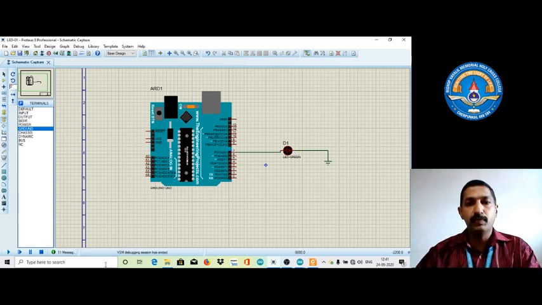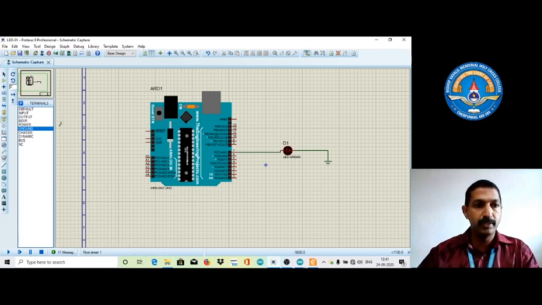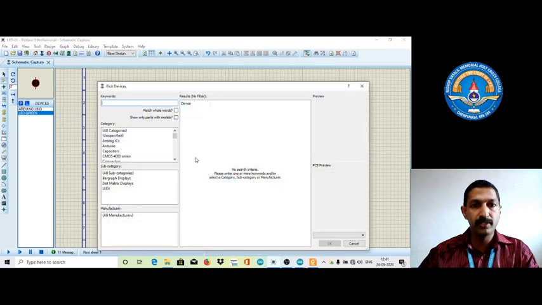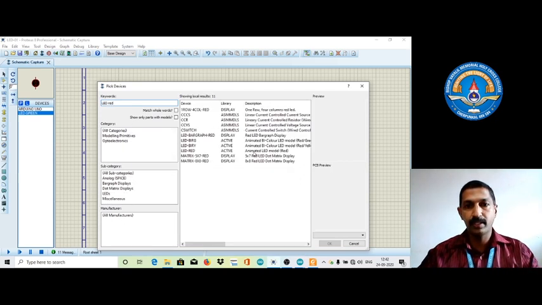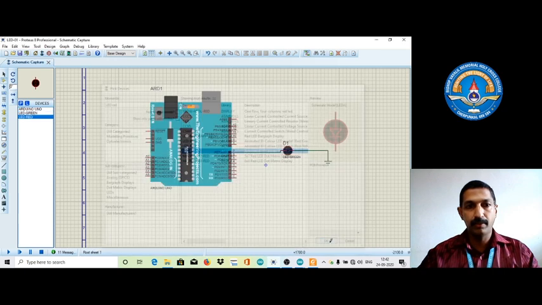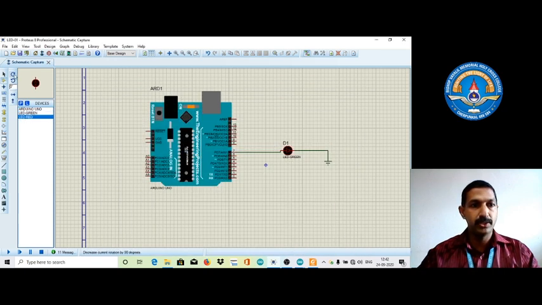We can change one more thing: how we can enable one more LED. I'm going to the pick devices section. I would like to add one more LED, the LED red. There is the animated LED red model. Okay, it's added here. Just rotate it.